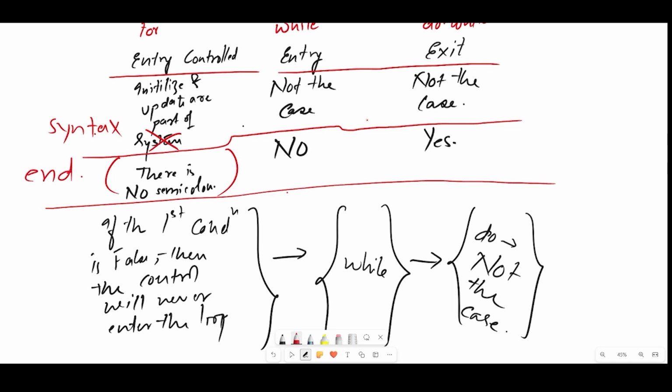But if somebody asks you some differences, you can say these 4 points together so that it clears all the differences. Like for example, in certain cases, you will not find any difference between for and while, but in certain cases, you will find differences between for and do while. So different things are there. So these are some differences which you can find among all the 3 loops which you have learned.